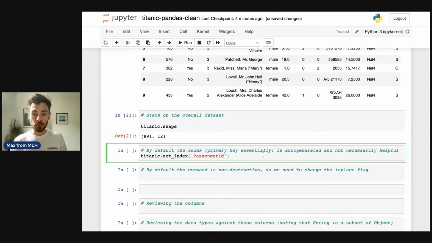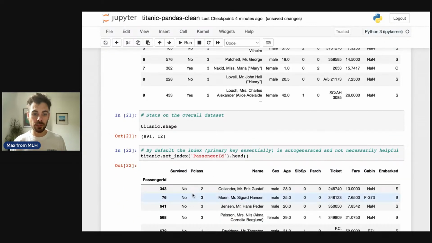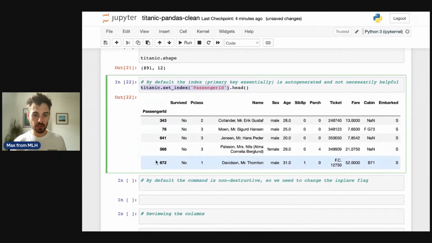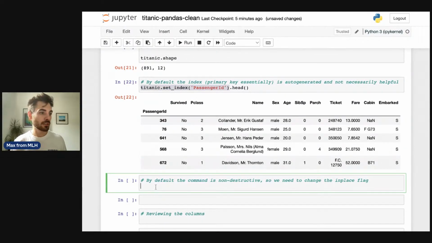What a lot of people do when they run a command like this is, again, just to chain or add head onto the end of it. So what this is going to do is, non-destructively and without changing anything on the data set, set that and then show it in temporary memory as a variable. So there we go. That looks right. That's what we want to do. So let's grab that command, do it